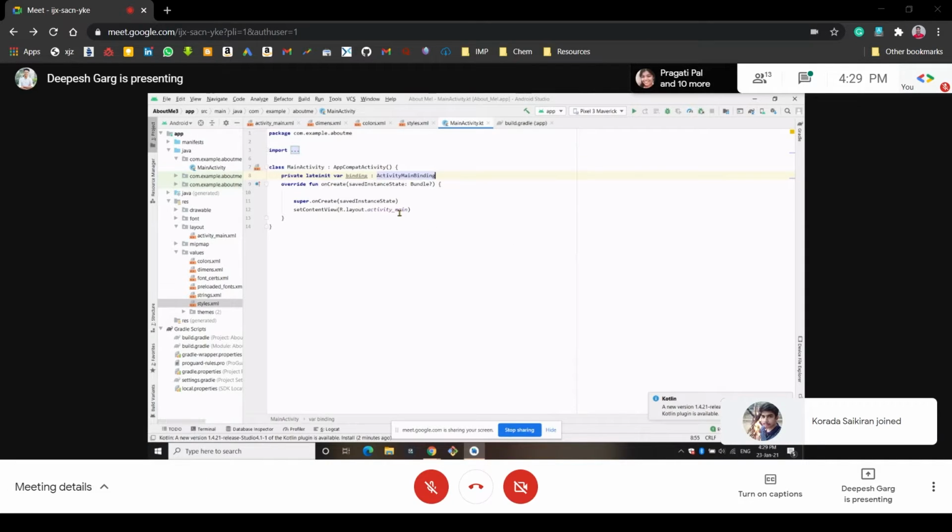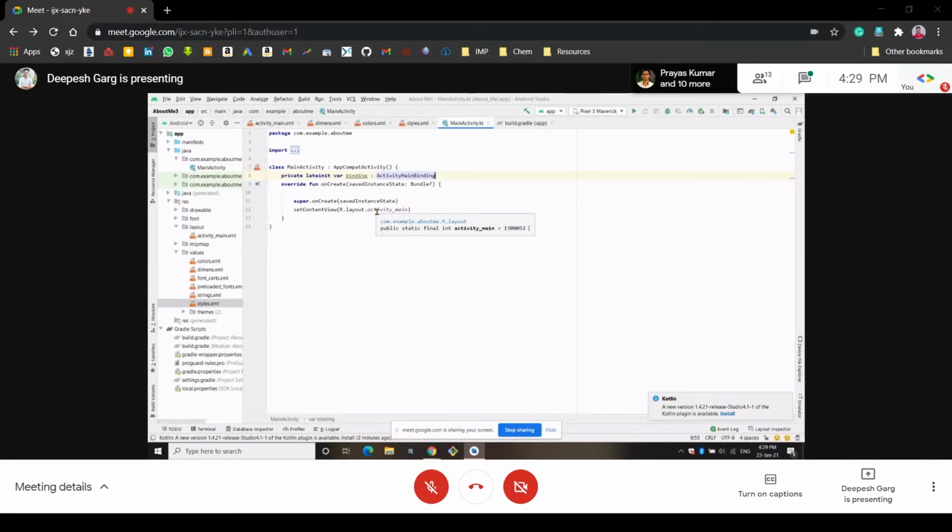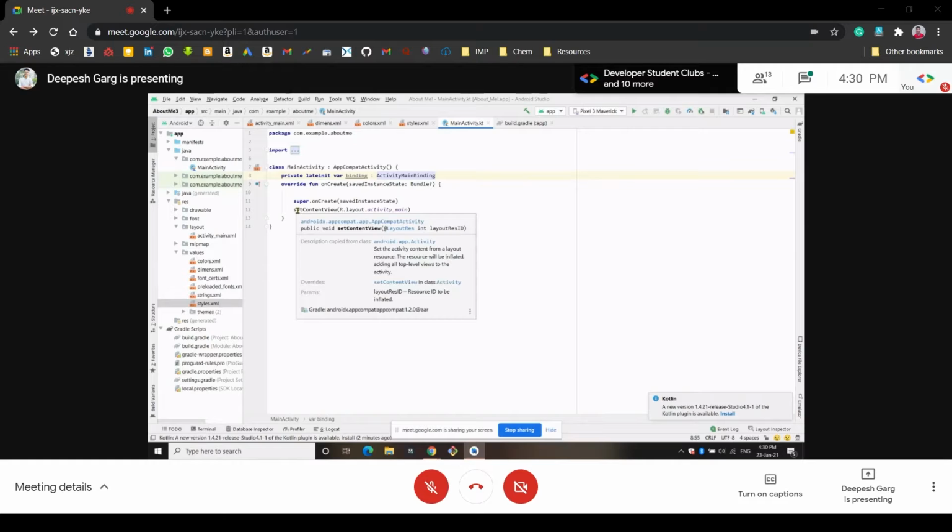Now we have to work on this onCreate function, because this is the main function. We have created the variable, and now we want to work on this function. Whenever this binding variable gets some information from the user, like the user has clicked some view, then this binding has to perform some functions at that time. Because it is written setContentView only, it is not linked with the binding variable that we have created. So we will link it with the binding variable.